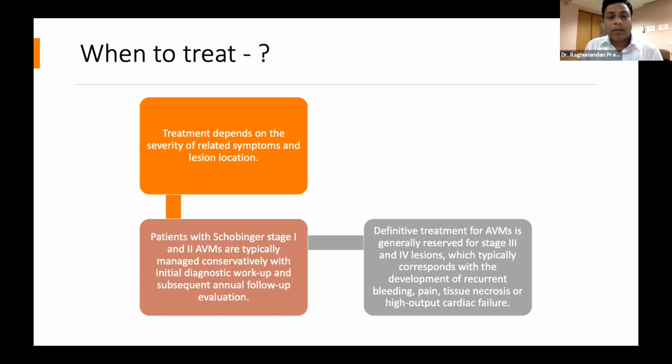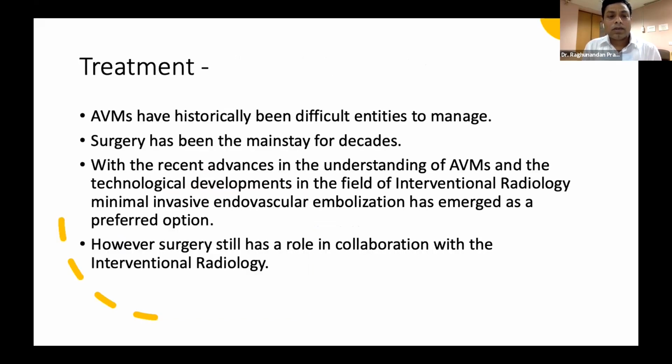Treatment actually depends upon the severity of the related symptoms and the location of the lesion. I just mentioned Schobinger type 1 and type 2: just follow up. Type 3 and type 4 may require treatment. So if we look at the treatment,